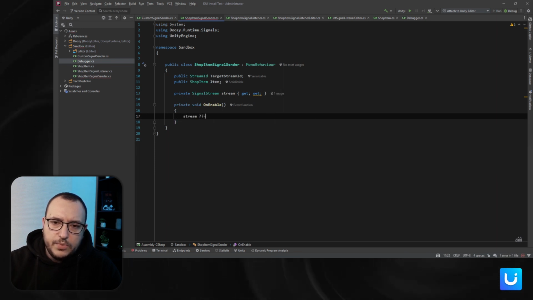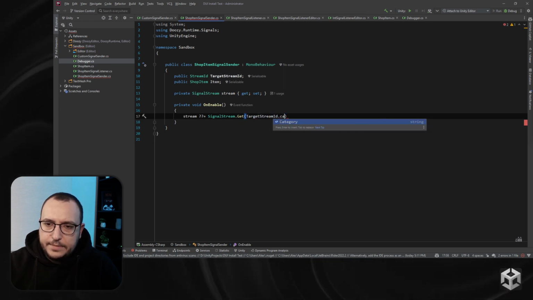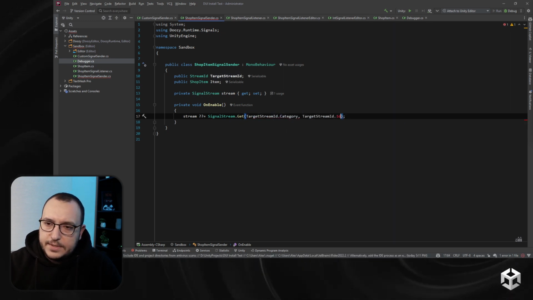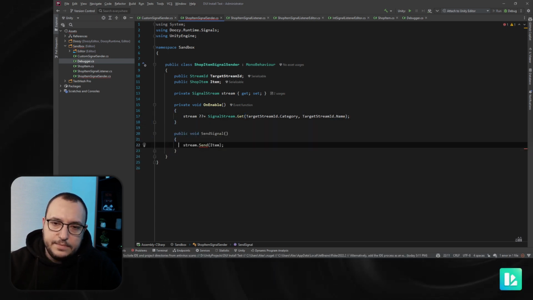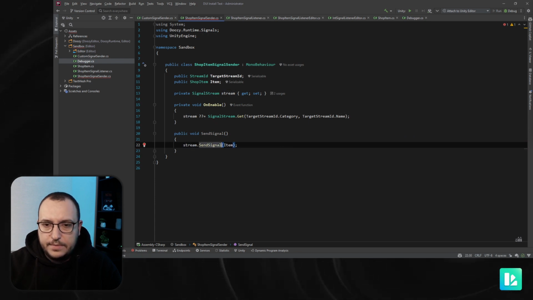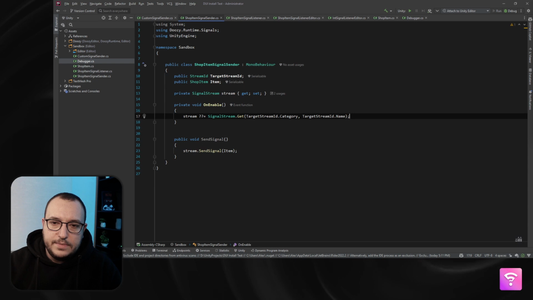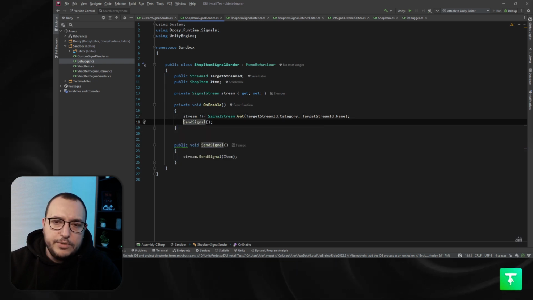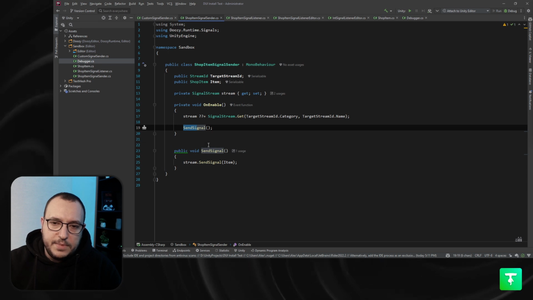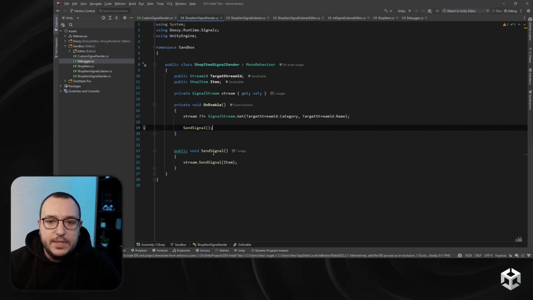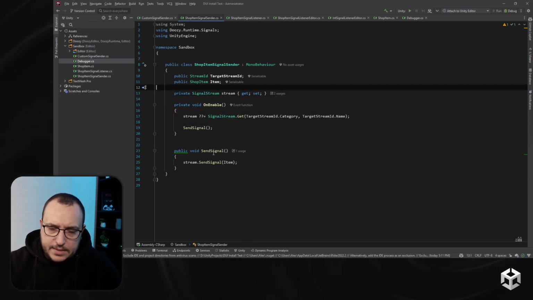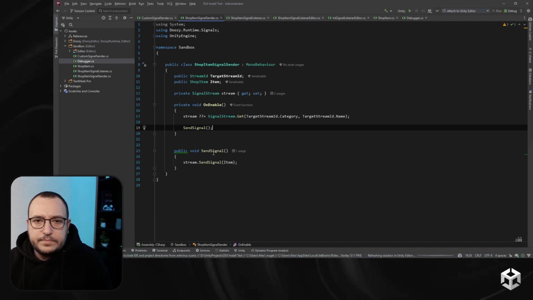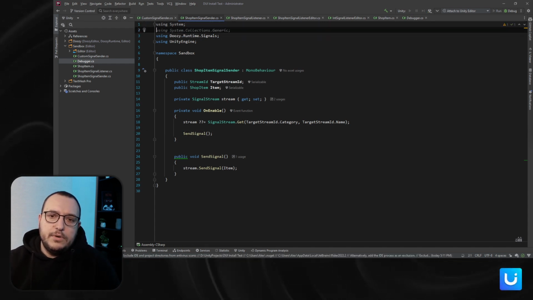And our stream will be signal stream get target stream ID category and target stream ID name. All right, and let's say send signal. Stream send signal, right? And let's also send it on enable. We usually don't need this because you might trigger this method from somewhere else, but I'm doing it on enable just so I can show you how this works. Perfect. So this is our basic